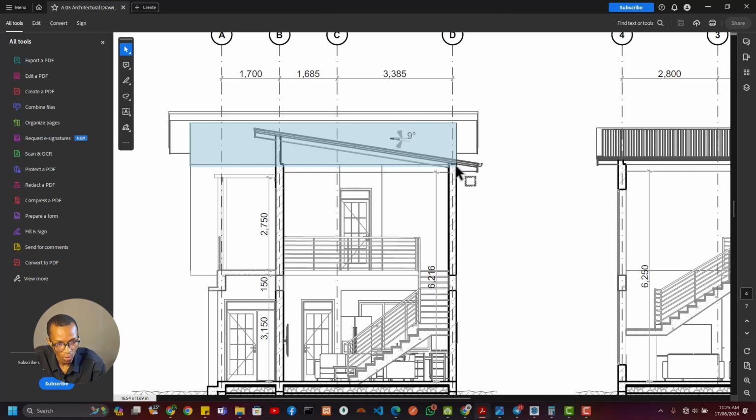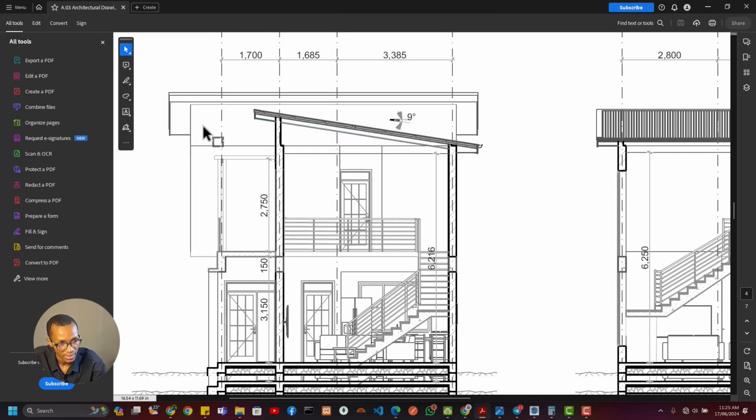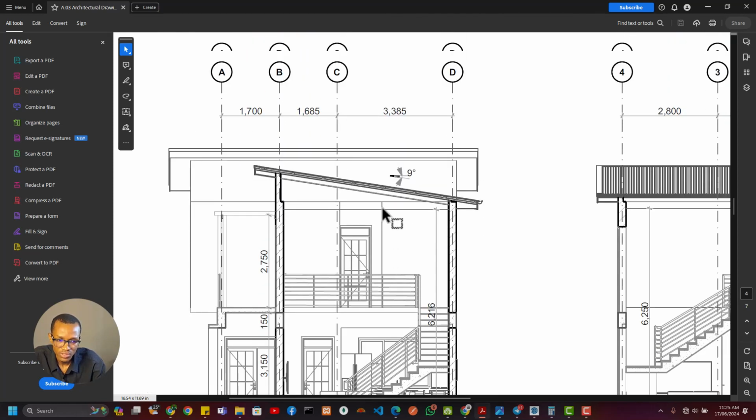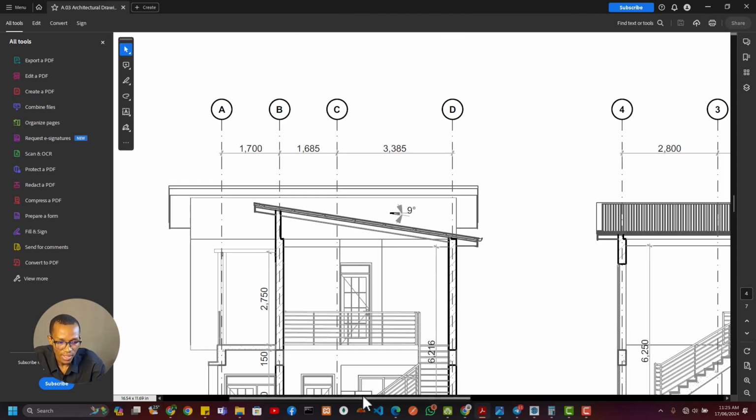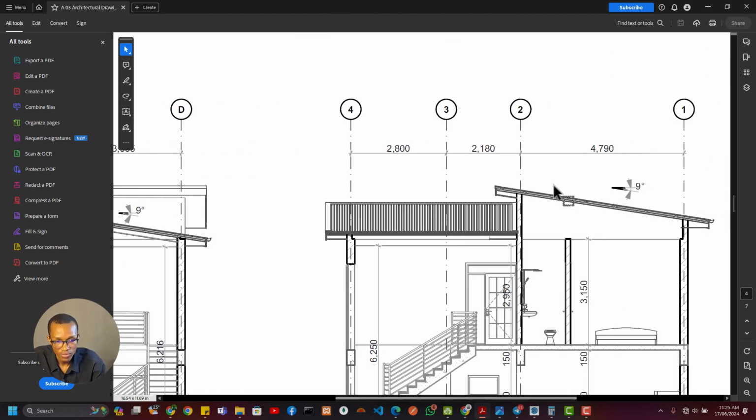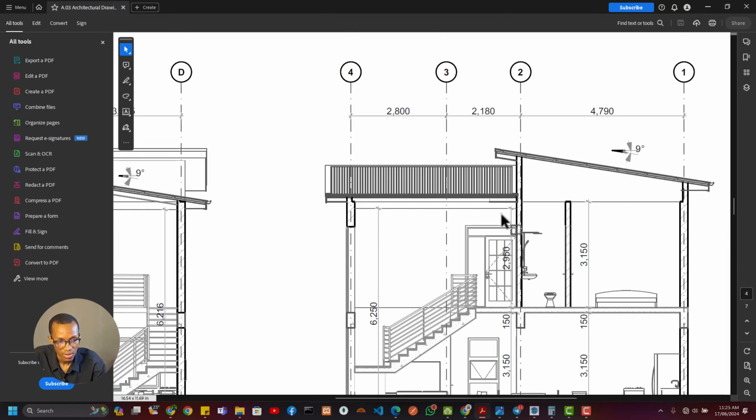This is the wall of that other side. These things don't have just one way. Like I keep saying, there's no one way of doing things. It's all about how dynamic you can be. We're just looking at the roof, and we see it's slanted by 9 degrees. So what we would clearly need now is